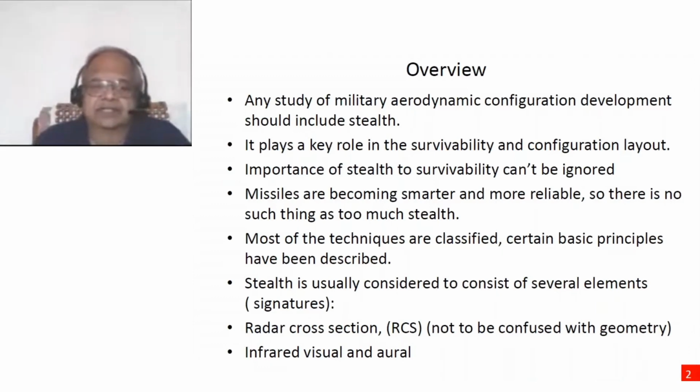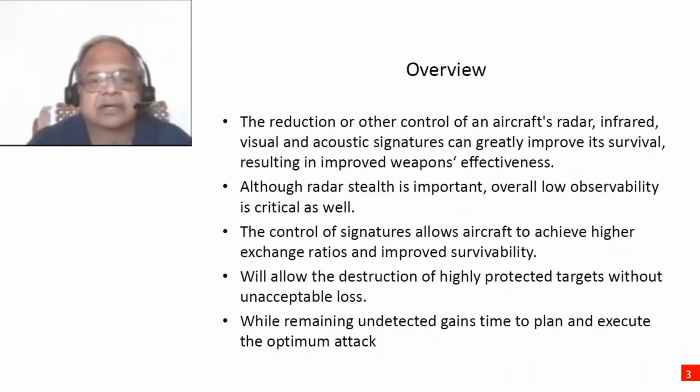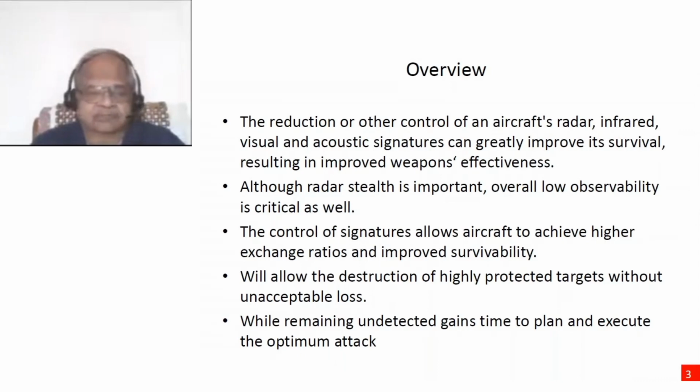And stealth itself is usually considered to consist of several elements. It's not only the radar reflecting capability, it also has other capabilities. All these are called signatures of the aircraft. So radar cross section, not to be confused with the actual geometry, is called RCS. And there are things like infrared, visual, and aural, meaning acoustic. So all these things are signatures of the aircraft. So the reduction or other control of an aircraft's radar, infrared, visual, and acoustic signatures can greatly improve its survival, resulting